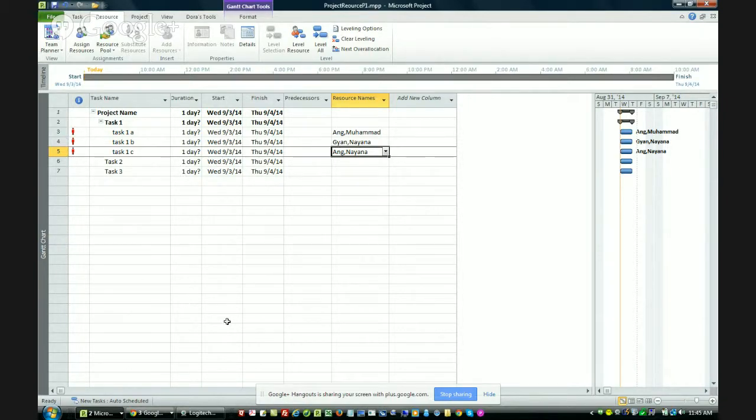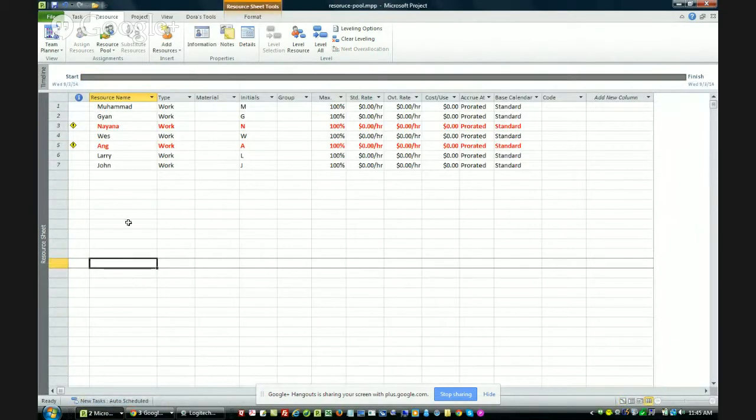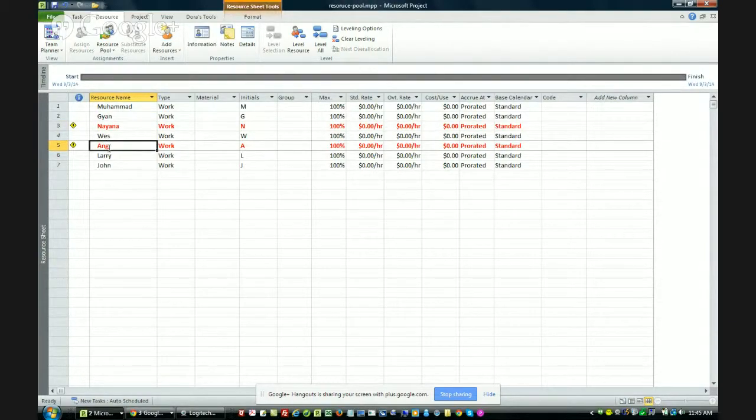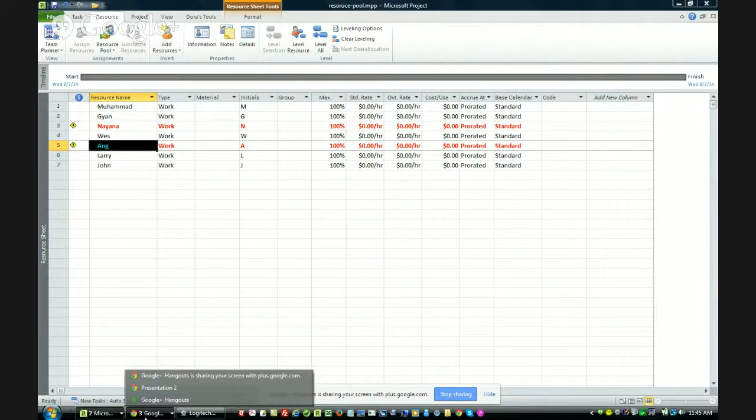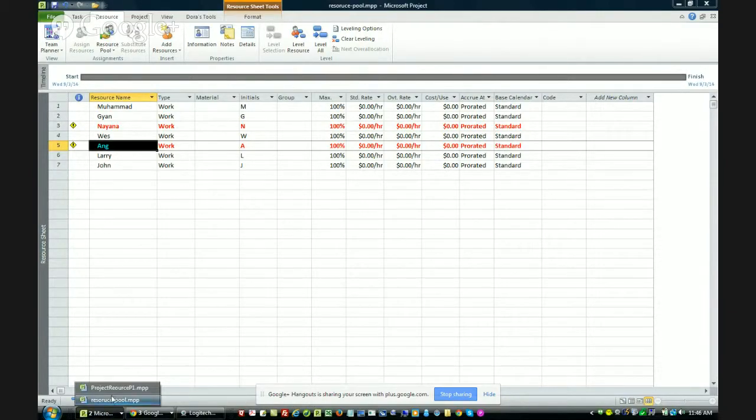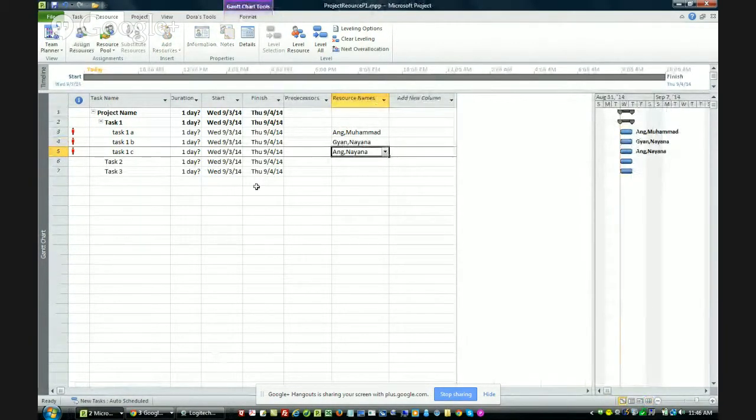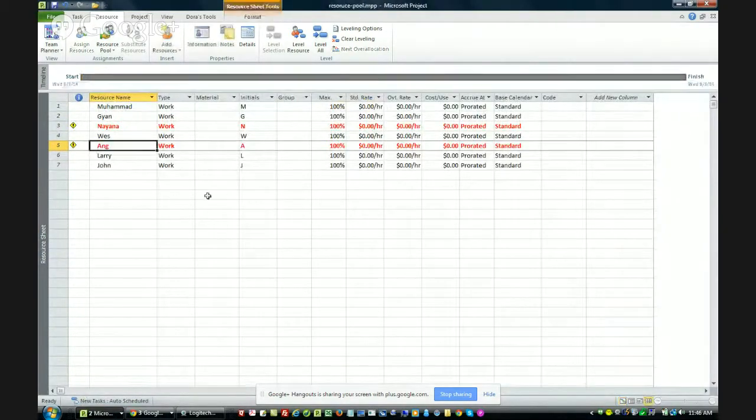And now if we go back to our resource pool, you can see the resources that are over-allocated. So this is, again, one of the very powerful features of using a resource pool. There are creative ways to set up your project so that if you need to add a column here to identify specifically which project your resource is working on, you can do that. I'm sorry, in the resource pool view you can do that